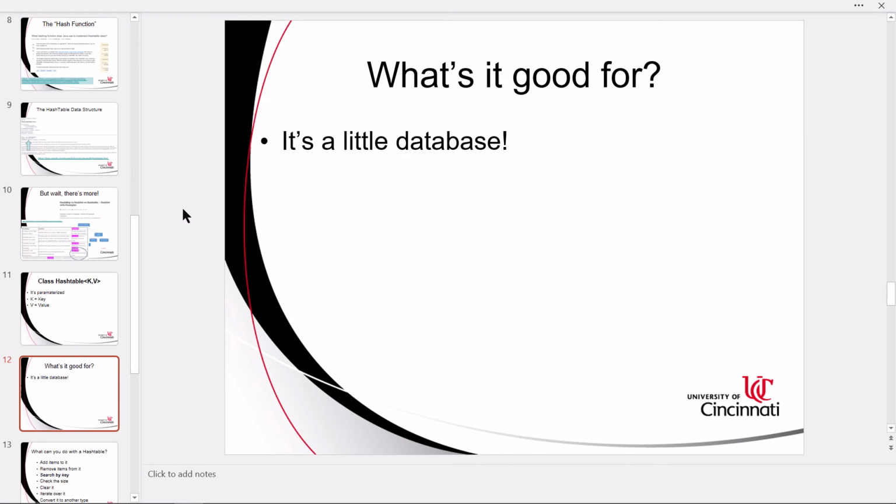If you think about it from a 10,000 foot high perspective, if you're looking down on it from an airplane and all you can see is the big picture, it's a little database. It has the ability to store things by a key value. Now the key value for us can be a string or any kind of data type as we saw on the slide, but the key value when it gets hashed is an integer, which essentially is a surrogate key.